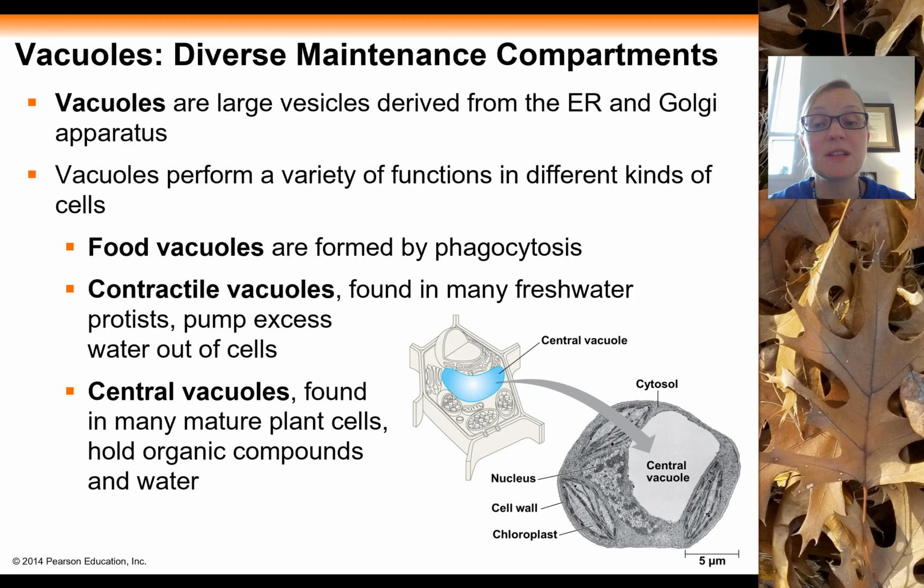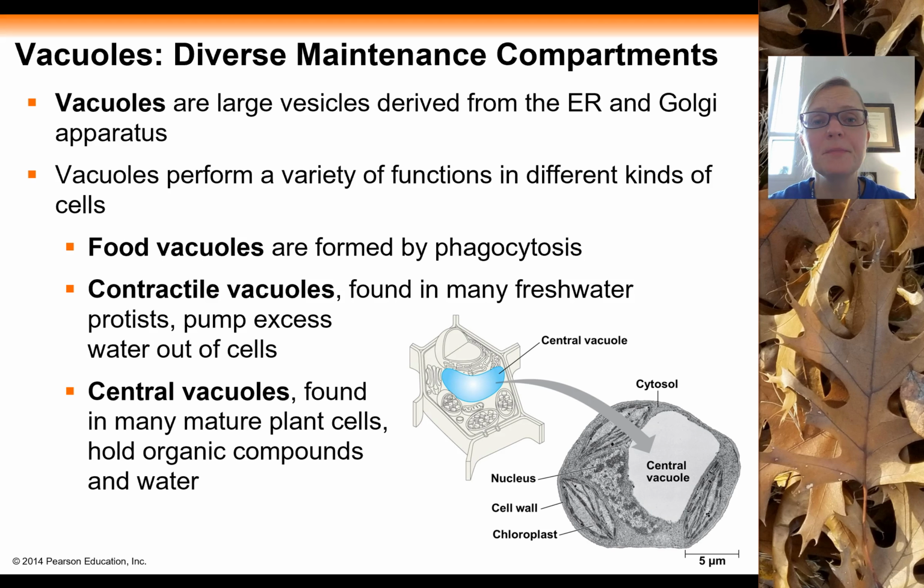So just on a previous slide, we already introduced food vacuoles, right? A food vacuole is that vacuole that's produced during the process of phagocytosis, where a cell takes in that food particle by allowing its plasma membrane to pinch in. We also can talk about, for example, contractile vacuoles. Now, contractile vacuoles, this will make a little bit more sense when we talk about osmosis and diffusion later on